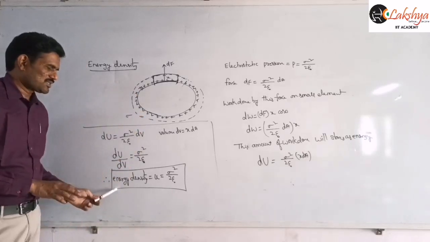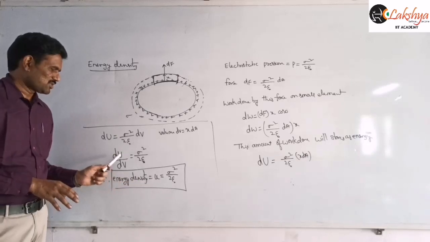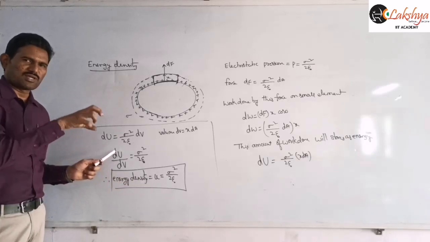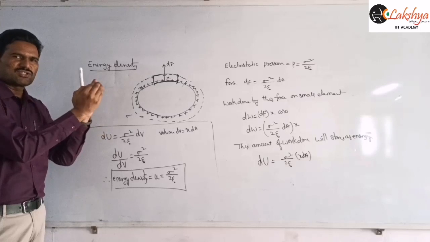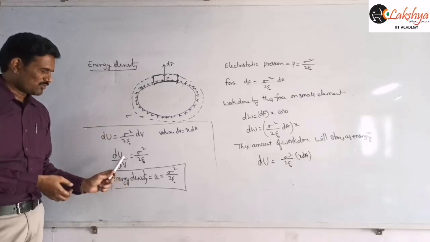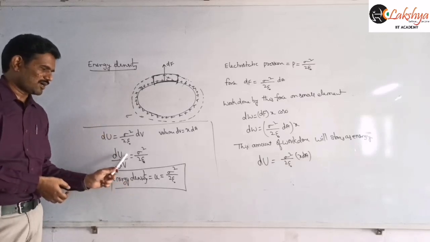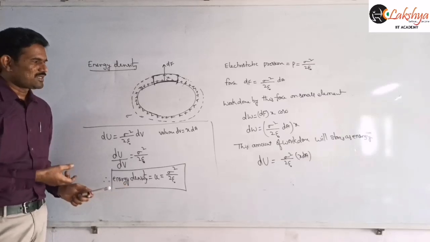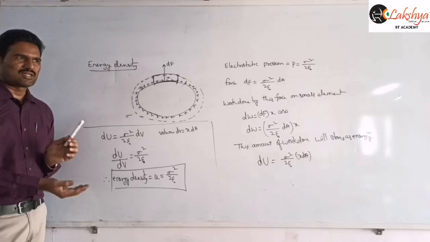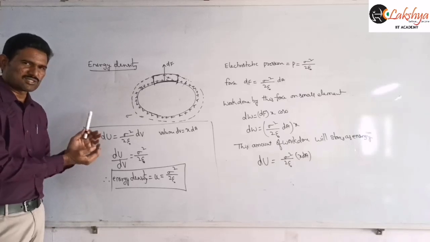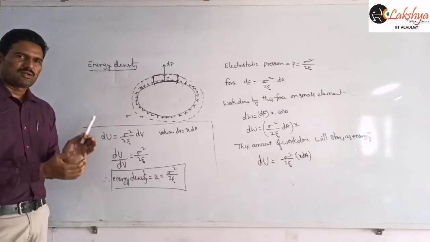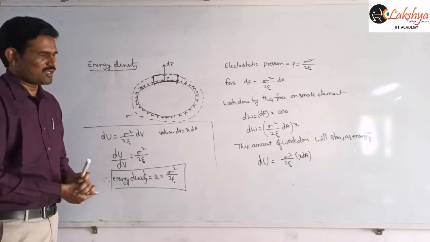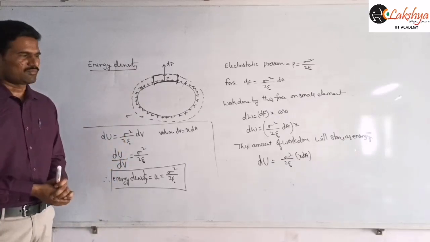This U is the total energy. That means dU is the energy due to that small element. And so now this U and this u are different. This is capital U, and the energy density we generally represent with the small u. And as I said, the electric field energy density we represent with UE, and the magnetic field energy density, which we also define later, we will represent with UB.